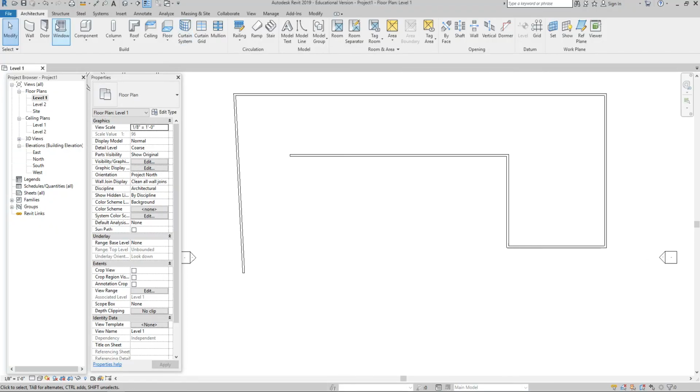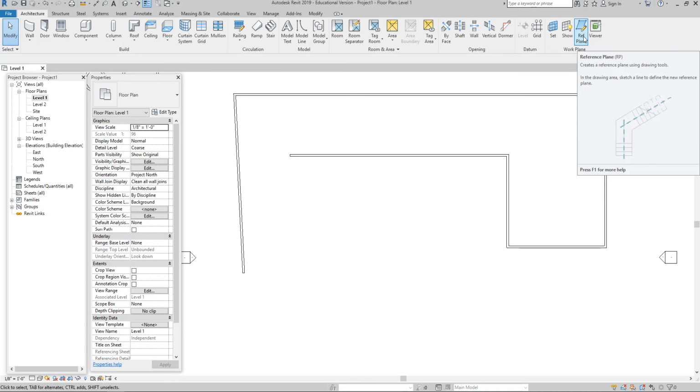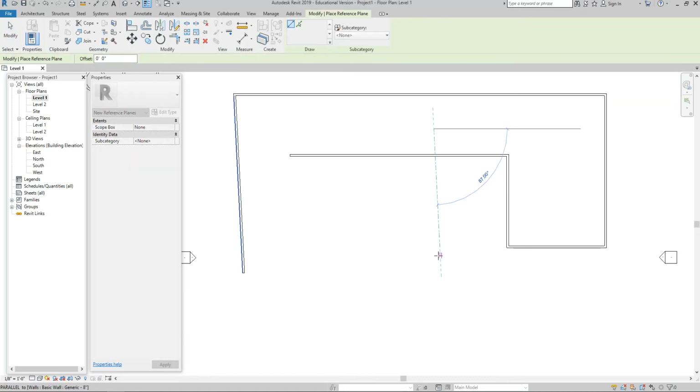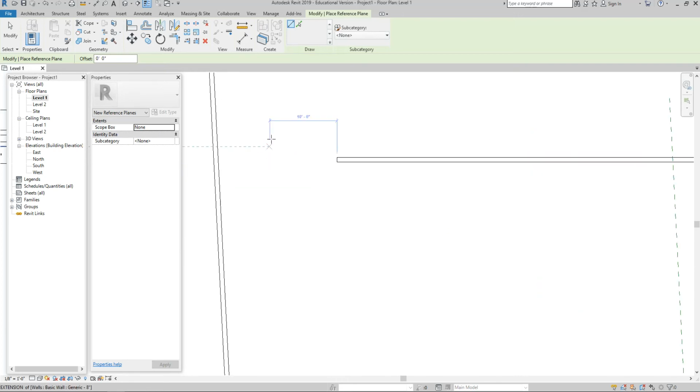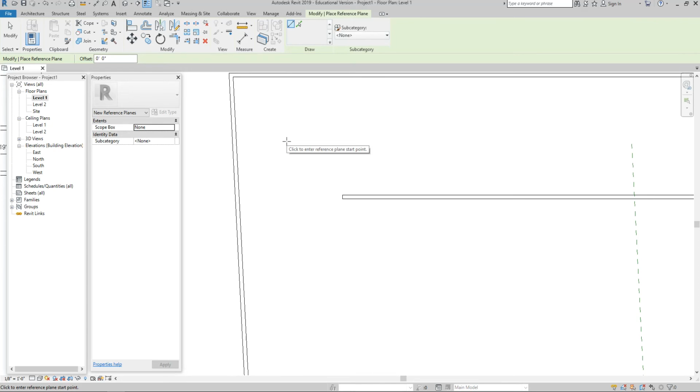All right, so if I go to Architecture and go all the way down here, Reference Plane, I never click on this. I always type RP, okay? RP, click, click, that's a reference plane, okay? So essentially, the way that I use this, in this